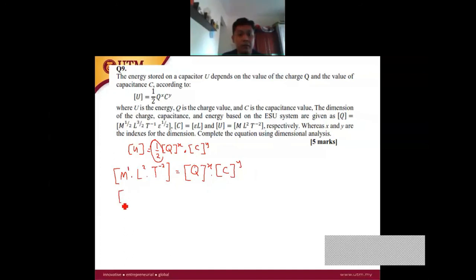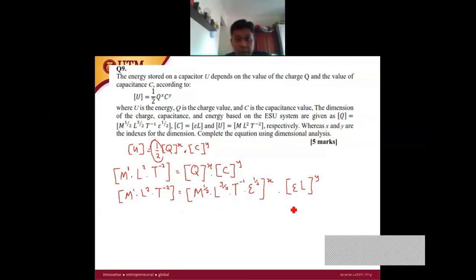Next, Q is M to the power of half, L to the power of 3 over 2, T to the power of negative 1, epsilon to the power of negative x, multiplied with C, which is epsilon L. Okay,